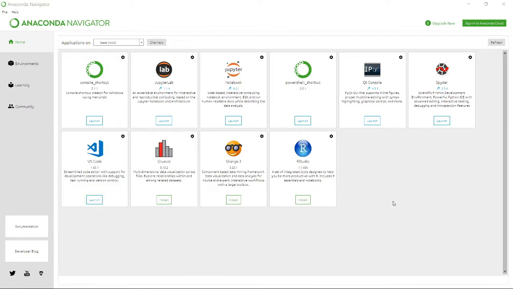After you open the Anaconda Navigator, you will see something like this. This is the homepage of Anaconda Navigator. The Anaconda distribution contains all these IDEs. IDE means Integrated Development Environment, and they are all inside the Anaconda distribution that we installed in the last video. For example, RStudio is used to write R language code, and there is VS Code. We also have Glueviz, which can be used to explore multi-dimensional data visualization, and all these other things. Now here you can see we also have Jupyter Notebook. This is the notebook in which we will run our Python code. So from here just launch it.